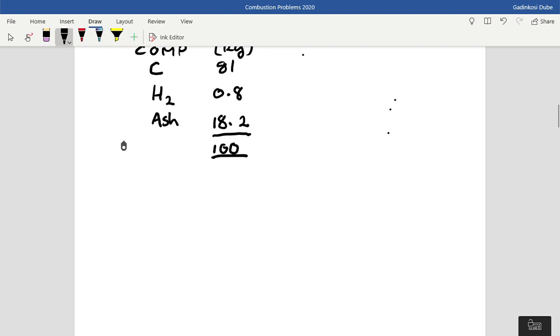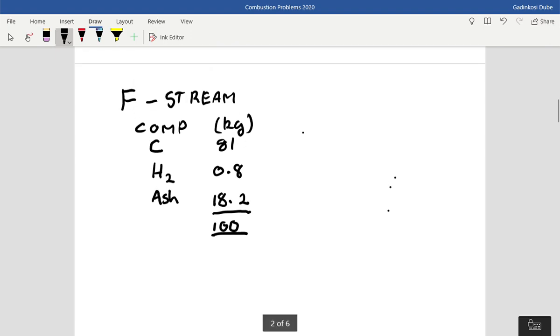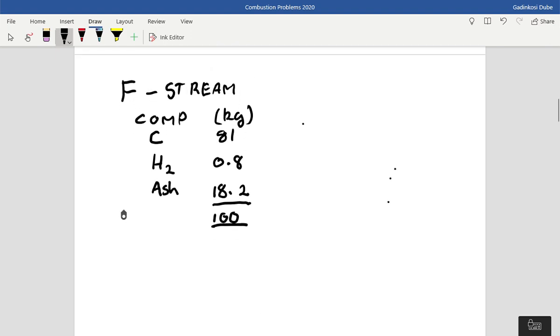So now once you have the 100, you can go now and find your molecular weight. It's 12 for carbon and it's 1 for hydrogen. The ash doesn't have a molecular weight. So you go and find your moles. Your moles is 6.75,